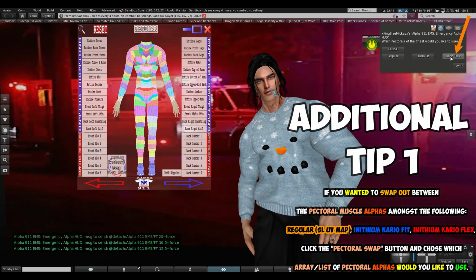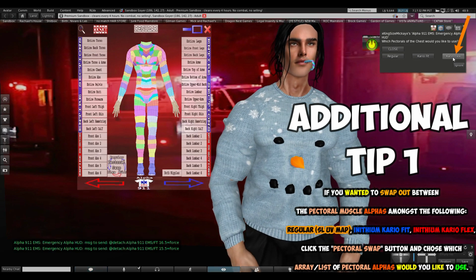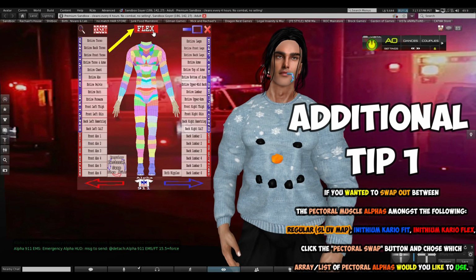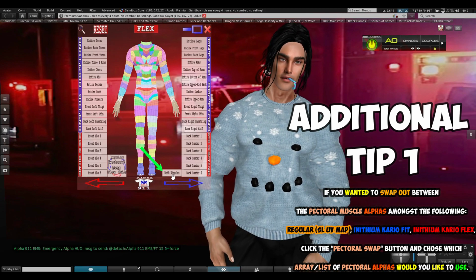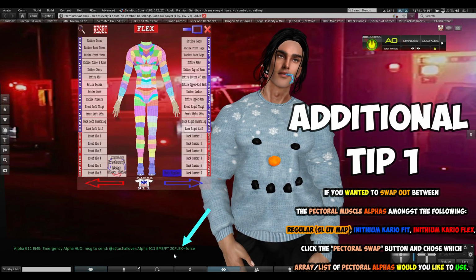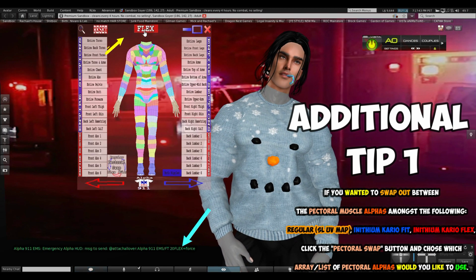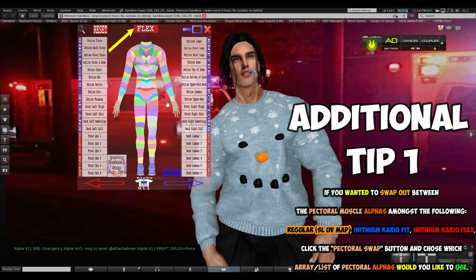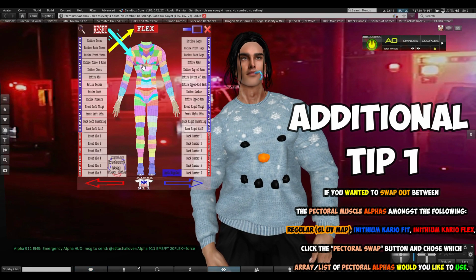Alright, and if I wanted to go back to the flex ones, just select this one here. It says CarioFlex after you click on the little button. Then ta-da! Now we're back to the CarioFlex, and it goes back to the red rectangle. Say if I wanted to click both nipples, as you see down here, it says flex, because it's the corresponding one that says flex. So both these nipples are here.